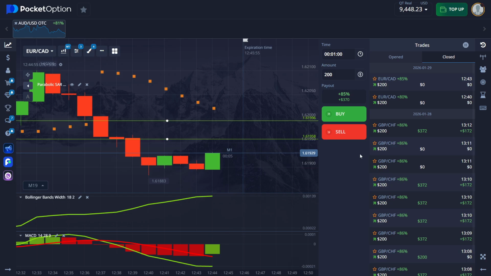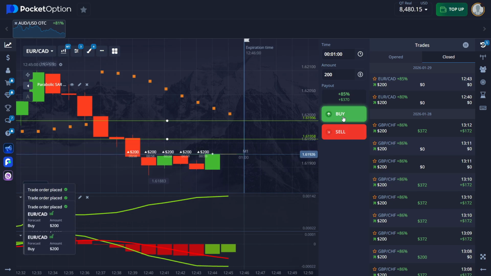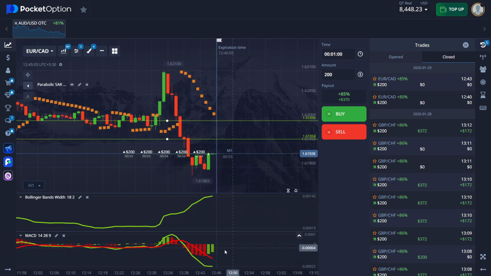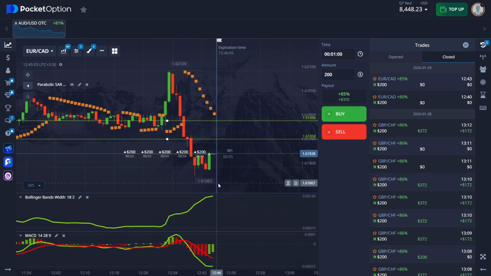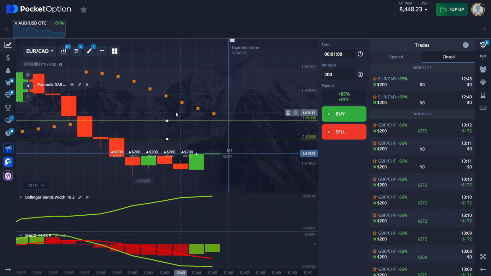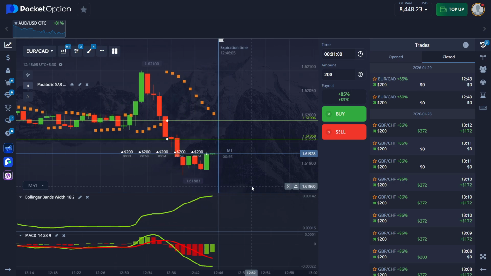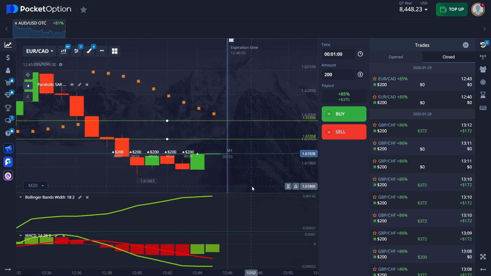So the candle is clearly showing the upward movement, and I am going to take 5 trades towards the upward direction. The reason behind this upward direction trade is the Bollinger Band is showing the clear upward movement, and the Parabolic SAR candle is still showing the trend is going towards the downward direction. But I am going against the trade. Reason being, the price has been correctly moving towards the upward direction.